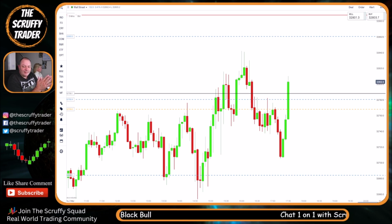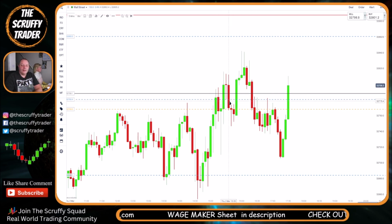Okay guys, that's hit target. I'm quite happy. This is rocketing off, surged off heavily to the upper side, but there were a couple of barriers in its path, which was that and that, which as we can see can cause a stall. Boom, we'll get paid, and then if I want to re-enter, well, I can re-enter on this barrier and work to that barrier. But in the process,